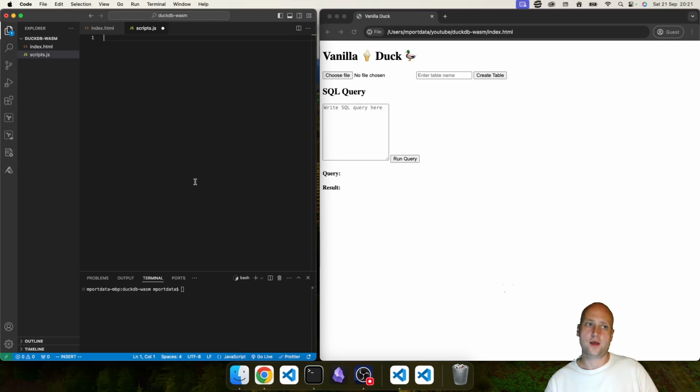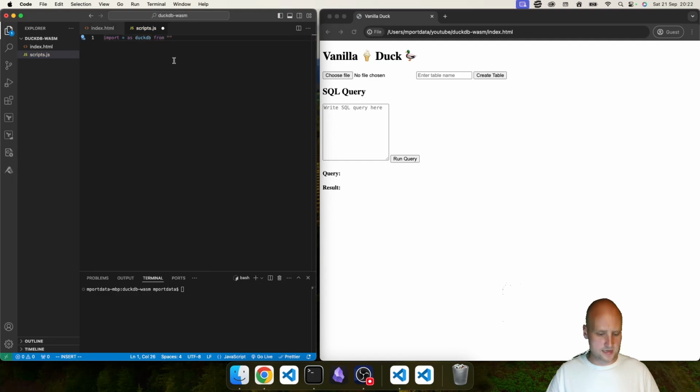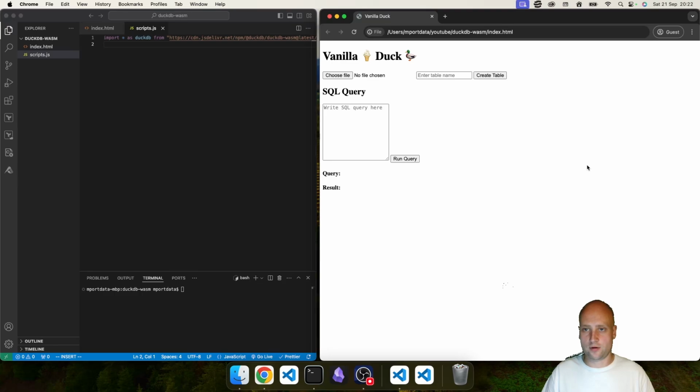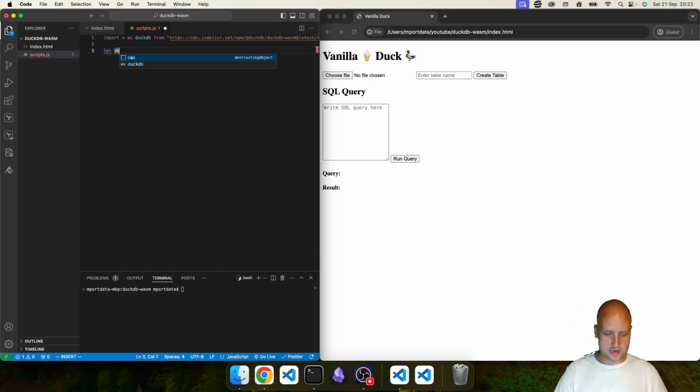Wasm binary. So to do that, we need to just write import all as DuckDB from, paste in this address. This address will be on the GitHub page for the project, which will be included in the notes. Declare our DB variable, which will represent our database. Now we need to write an asynchronous function that initializes the DuckDB database. To do that, we're just going to write async function init